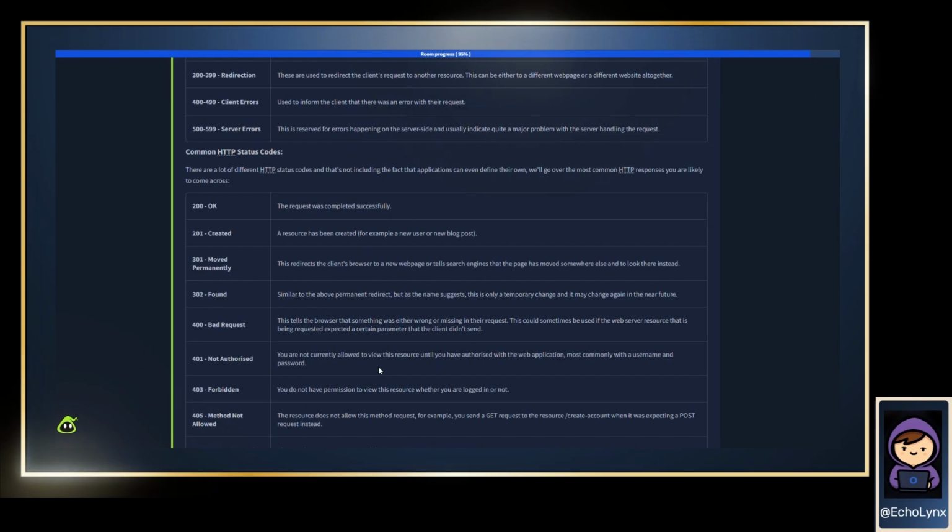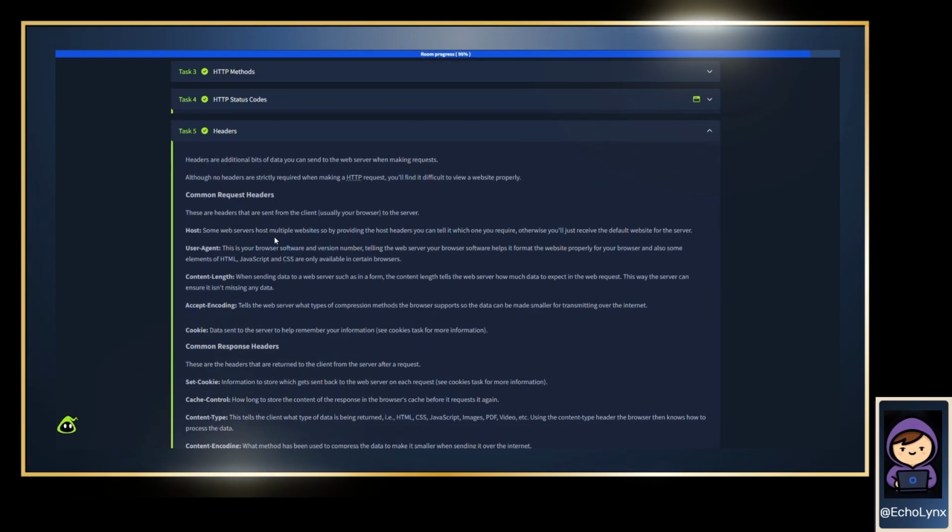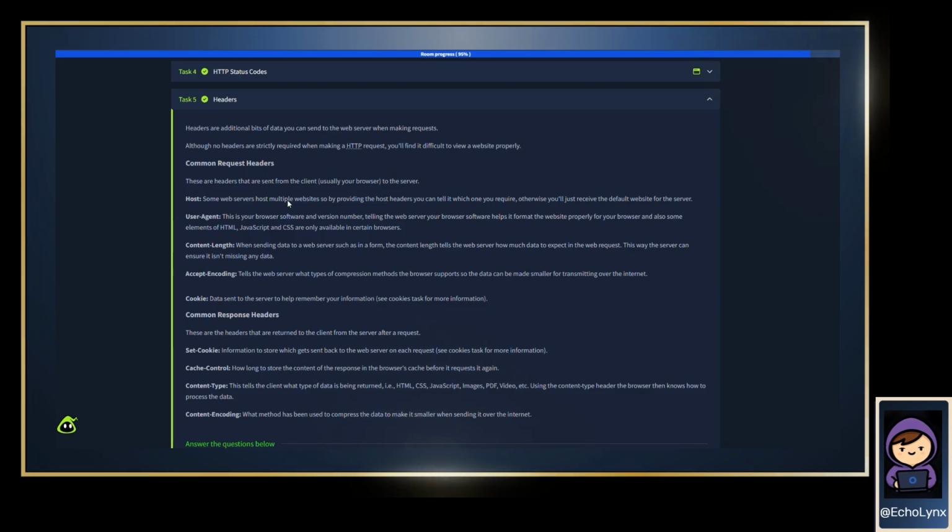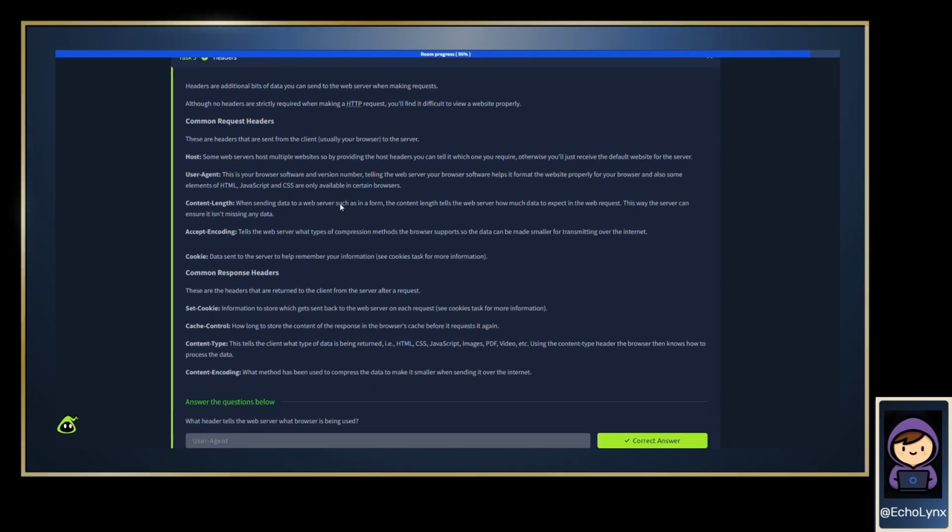Task number 5. Headers are additional pieces of information sent with requests or returned in responses. Common request headers include host, which website is being requested; user agent, the browser or client; content length, how much data you're sending; accept encoding, compressions the client supports; and cookie, data the browser sends to help the server remember